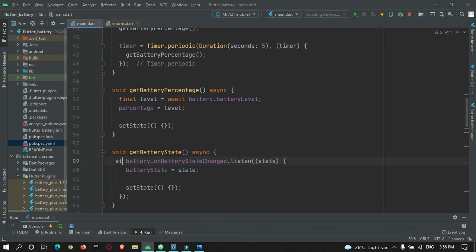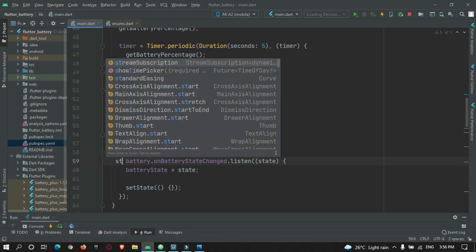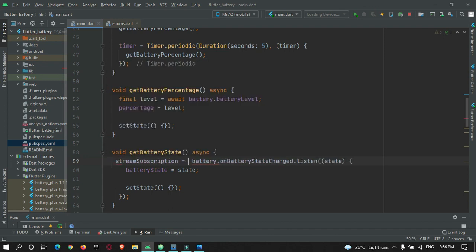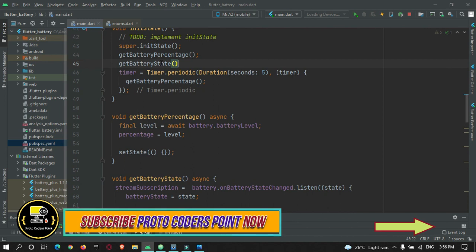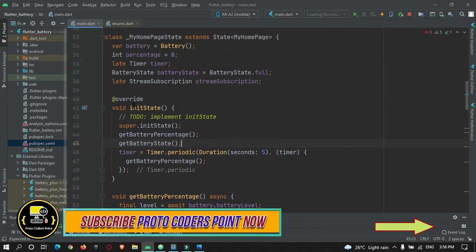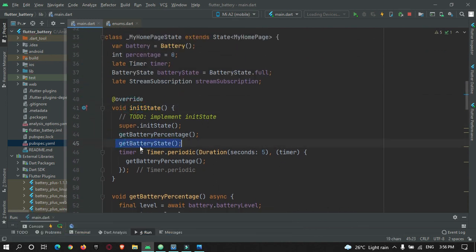So stream subscription is equal to battery state. Let's hot refresh and check. Okay, very sorry, I just forgot to call this method over here. In the init method I just call this get battery state. So now let's restart.